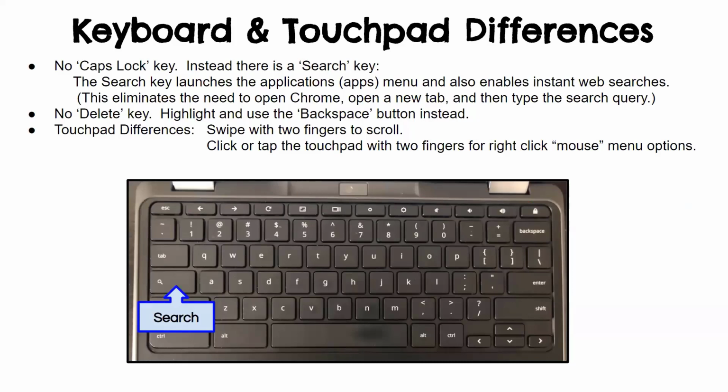And then touchpad differences, and I want to explain this a little bit. So the touchpad is the rectangle just below the keyboard. And one thing that you may notice, if you've ever worked on a laptop, is that there are no buttons. So you're probably wondering, how do I click on things? The whole touchpad is a button. I also want to advocate that it's okay to use two fingers, your two index fingers, instead of just one, to use this mouse pad. And I say this with all mouse pads, okay? We'll talk about that in a minute because I'm going to talk about clicking and dragging things.